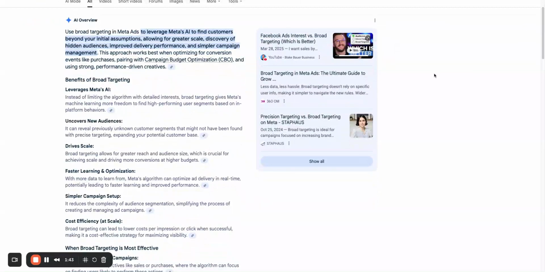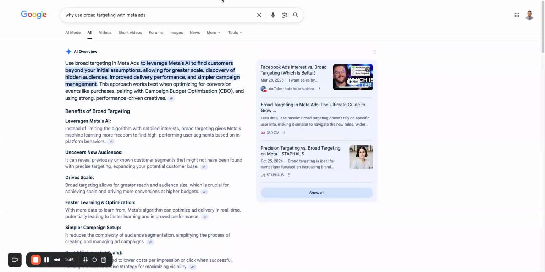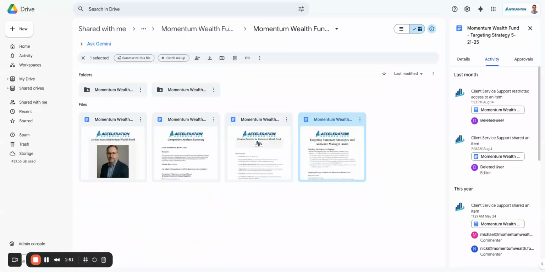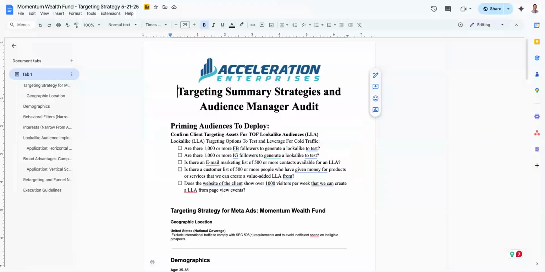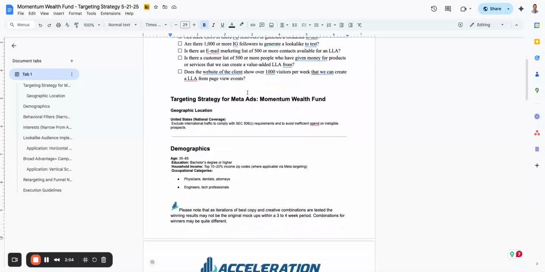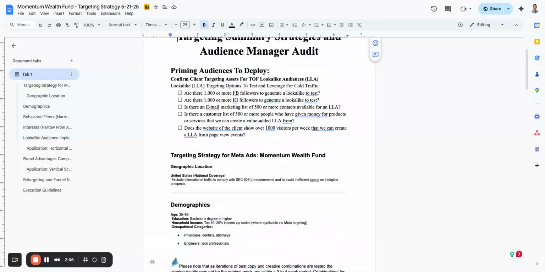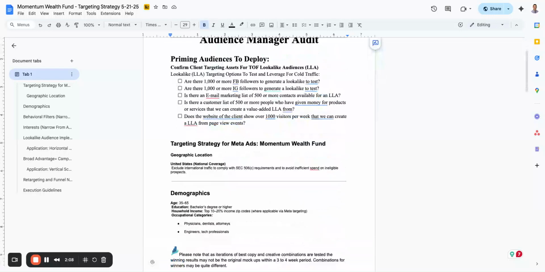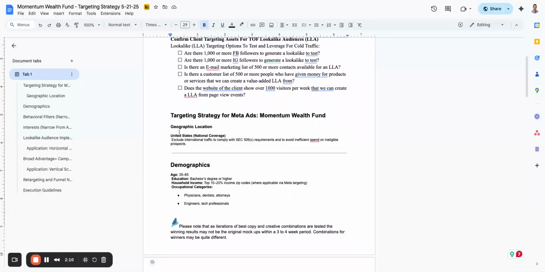Now, the reason I'm doing this training is because it might be confusing to you, because we do create planning documents and strategic documents for our clients. And one of which you get looped into is called the targeting summary. Okay. And this targeting summary will even talk about lookalike audiences, detailed targeting. And I'm going to tell you right now that the purpose of this is for you to look at the geographic location,